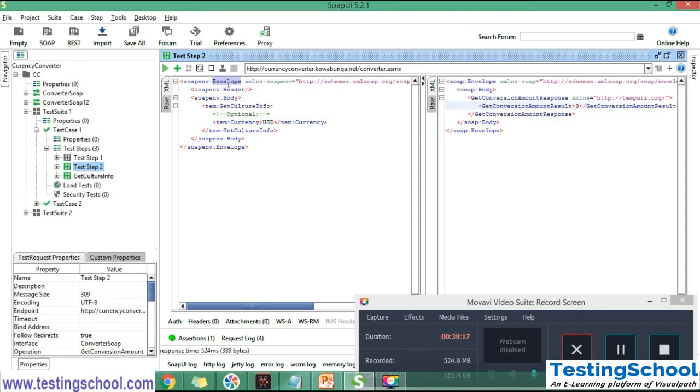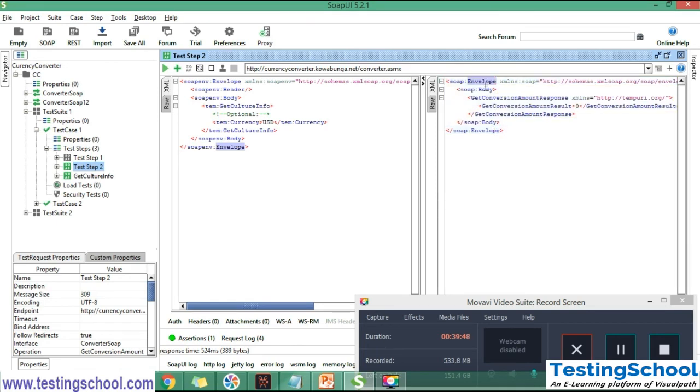Again, I'm repeating the SOAP structure, how it looks. It has envelope, header, body, and again it has to end with each and everything. Under body we have get culture info, and after that body is ending and envelope is ending. Coming to the response, you are able to see the same envelope. Under envelope we have body, because whatever response we have here, the entire information we received from the server.